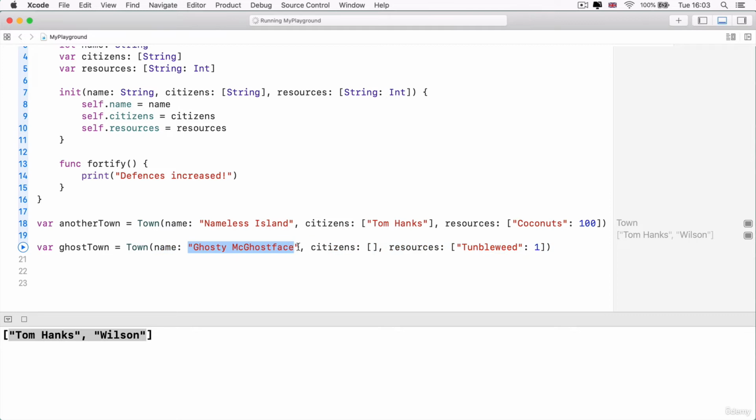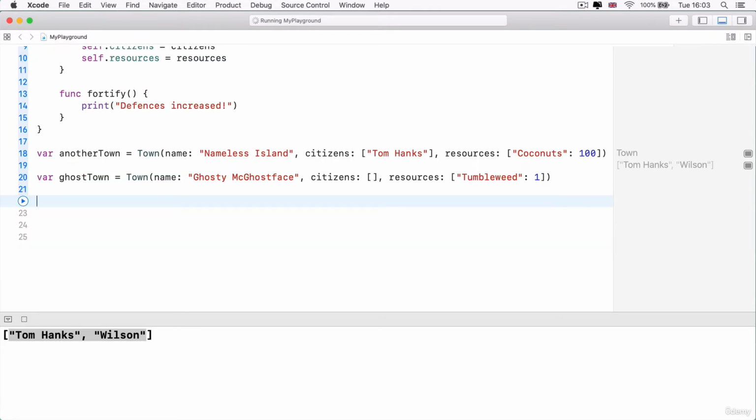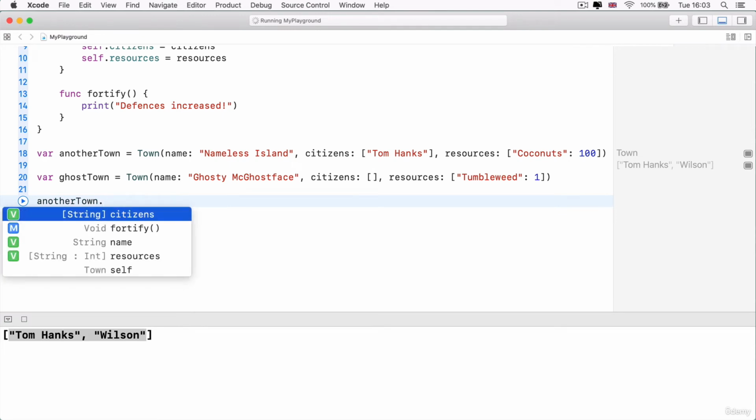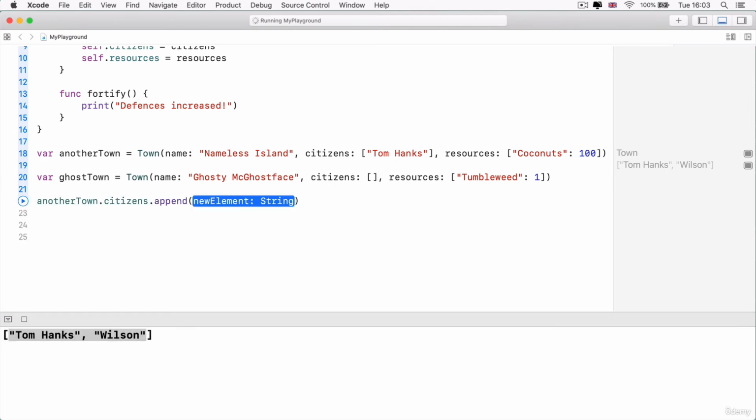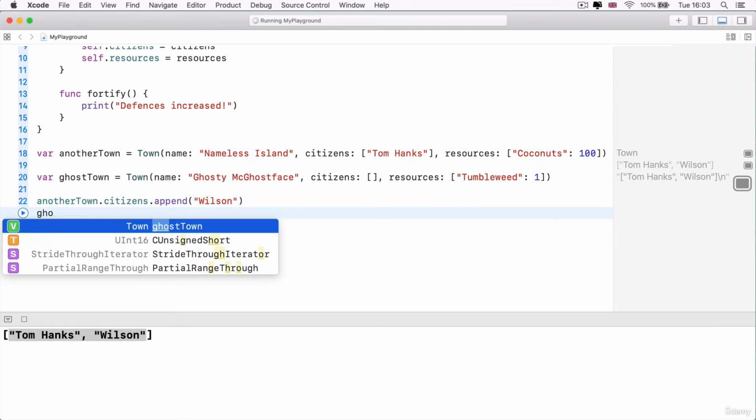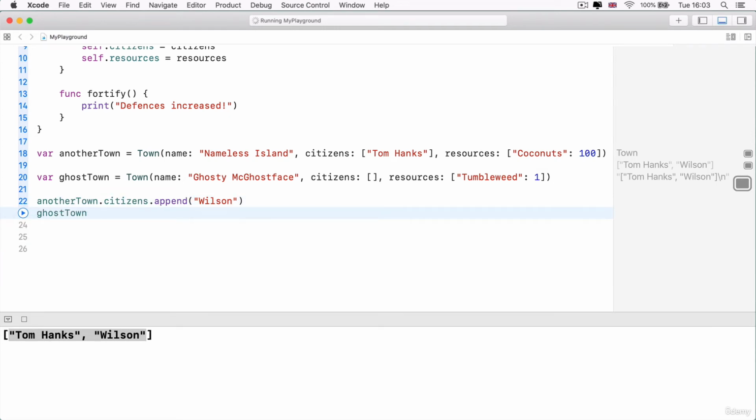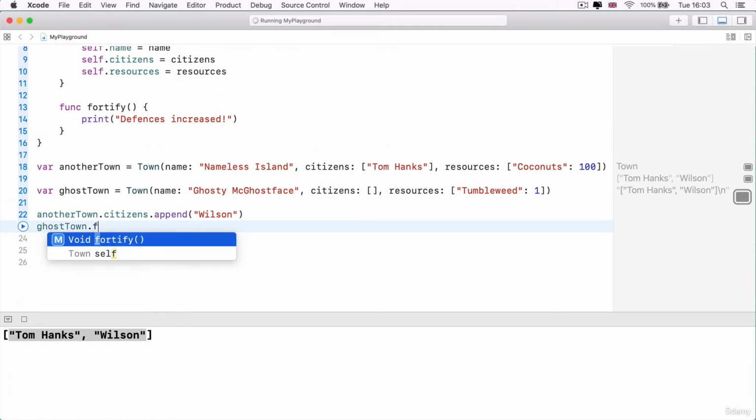It's got a different name, it's got no citizens, and it's got just a single tumbleweed. So now when we tap into our objects, let's say that in another town, we've got a new citizen who's moved in. So we'll append Wilson to that town. Whereas in the ghost town, well, nothing really happens, but let's say that we just decided to fortify the town.